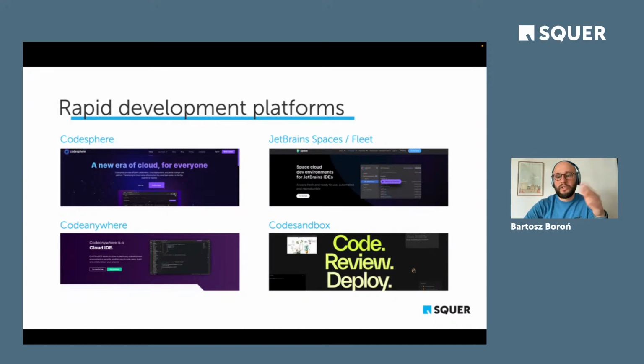But it isn't the focus of this talk. That's why I just leave you here and encourage you to have a look at these platforms. It might be something that helps you or your team. But the fundamental concept of having basically an IDE and the development environment as code is all the same for every one of these platforms, right?